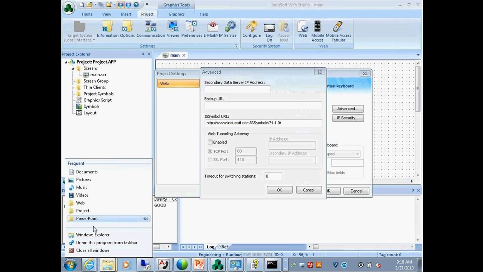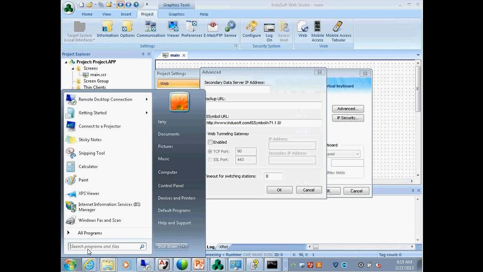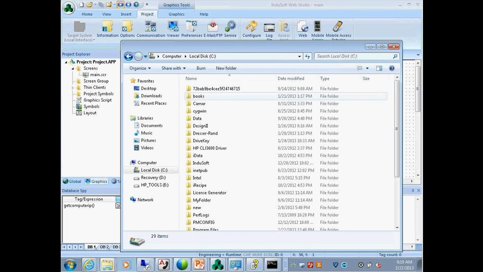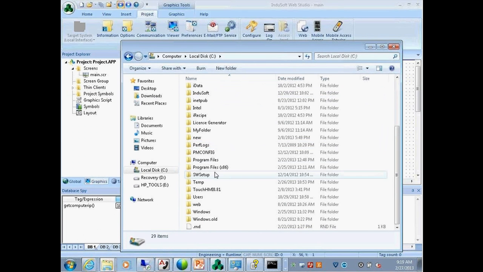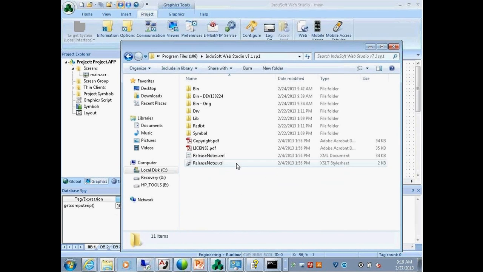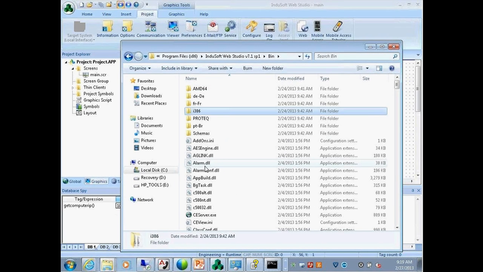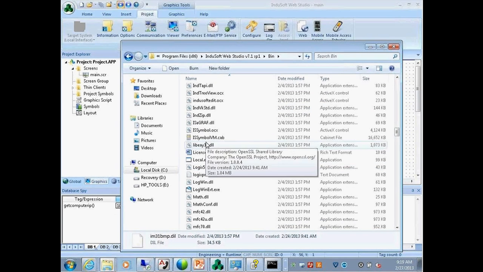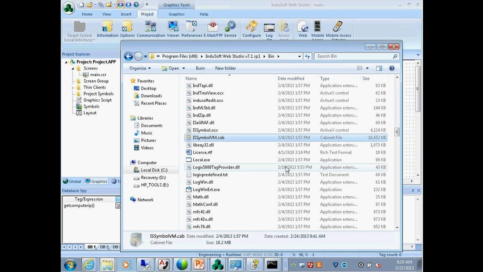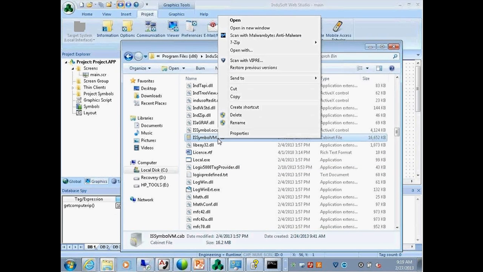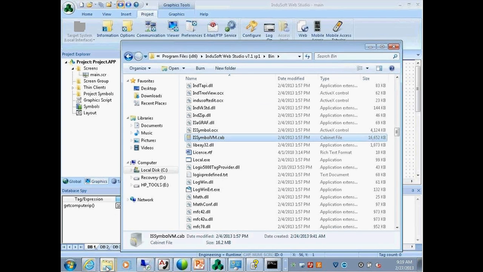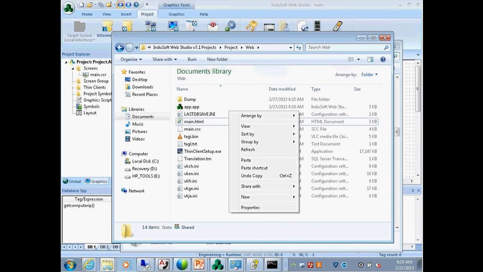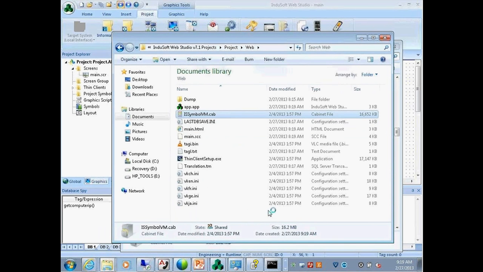I open up Internet Explorer or a Windows browser, go to my program files, go to InduSoft Web Studio, go to the bin folder, and in the bin folder, you will find an ISsymbol VM.cab. So this is the exact same VM.cab that's on our website. If you want to host it instead, then just do what we did with the thin client setup. Copy that, paste it to your web folder,